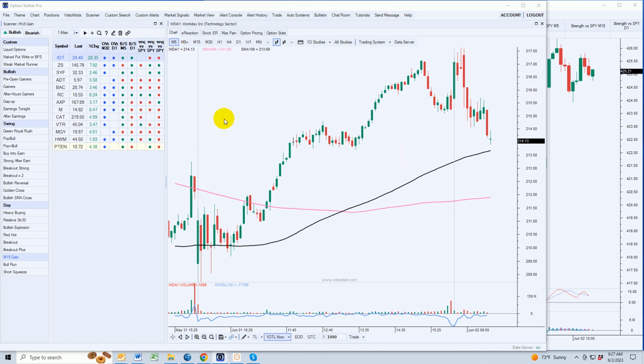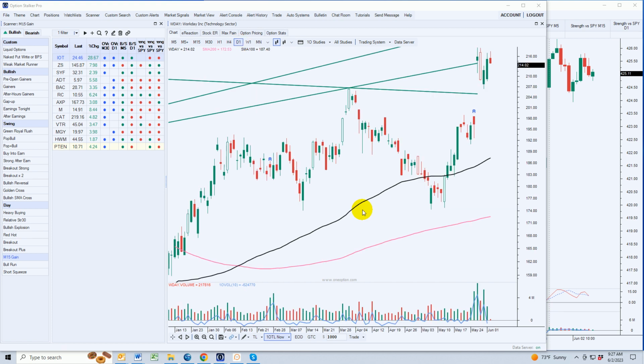WDAY was a stock that I highlighted Monday. Monday was a holiday, so the market was closed. So you could have come in and traded this anytime, Tuesday or later. We're focusing on day trading. I still feel that keeping a short-term market perspective is the way to go. You can do some swing trades that span maybe a couple of days or so, but it's important to find